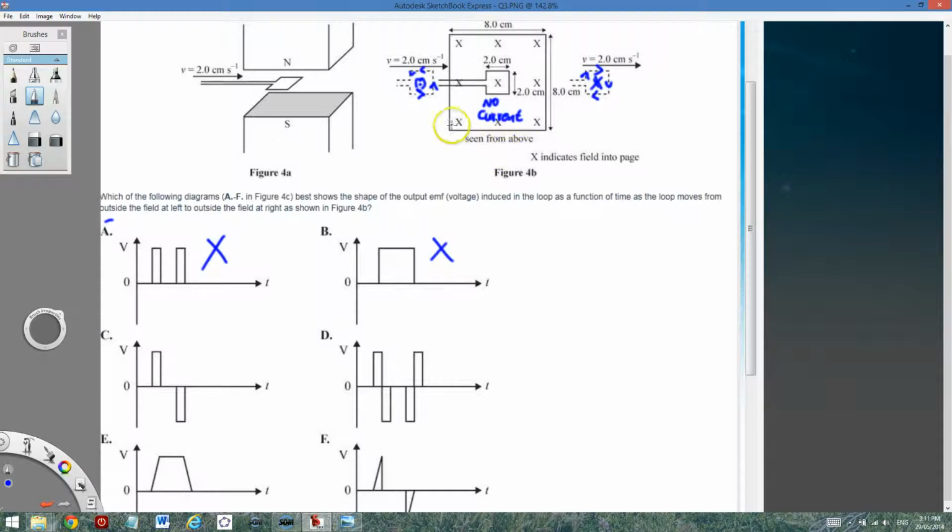Since inside the magnet there's no change, there's no induced electricity. Okay. C could be right. I have induced current in one direction, and in the middle it is 0, then I have induced current in the other direction. That could be right, but D is definitely wrong, E is wrong. Also F could be right, but now the key point here is